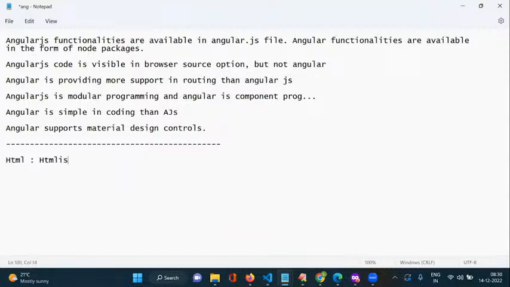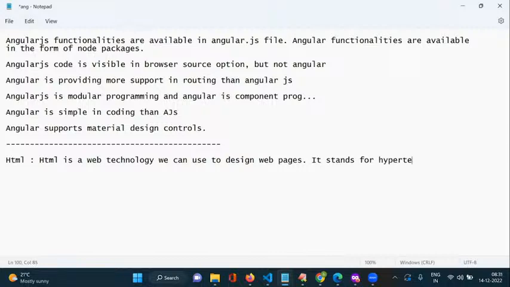So HTML is a web technology we can use to design web pages. Okay? Yeah. So we are using it to design the web pages. So now, I already told you the full form. Yes. It stands for hypertext